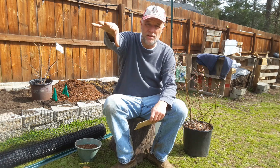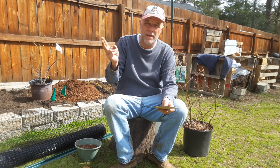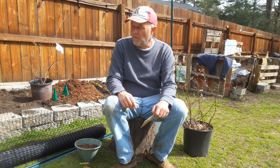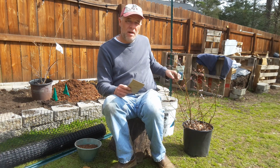So maybe your neighbor has some or something like that. But if you're planting blueberries, you can't just do 1 bush. I would get 2 and make sure they're 2 different species, and check the area where you live. Very, very important. So now, I just want to go over, this is the blueberry bush that I have, and